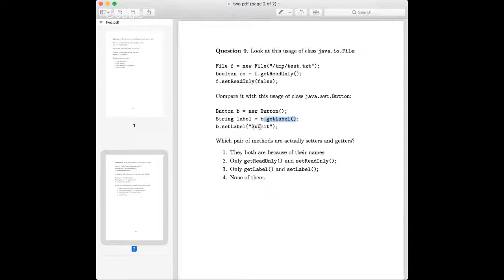So this is a mutable class Button, and this is an immutable class File. Class File is immutable according to documentation, and I also agree with that, because all these things are just behavior. They just transfer the information through and don't place it in the state. While here in the button, it's a mutable class, and we are actually changing the state by saying set label. So that's the big difference. So the point is, setters are bad and behavior is good. But that's not what I wanted to say. It's just a start. I'm just trying to remind you so that you remember the main point.